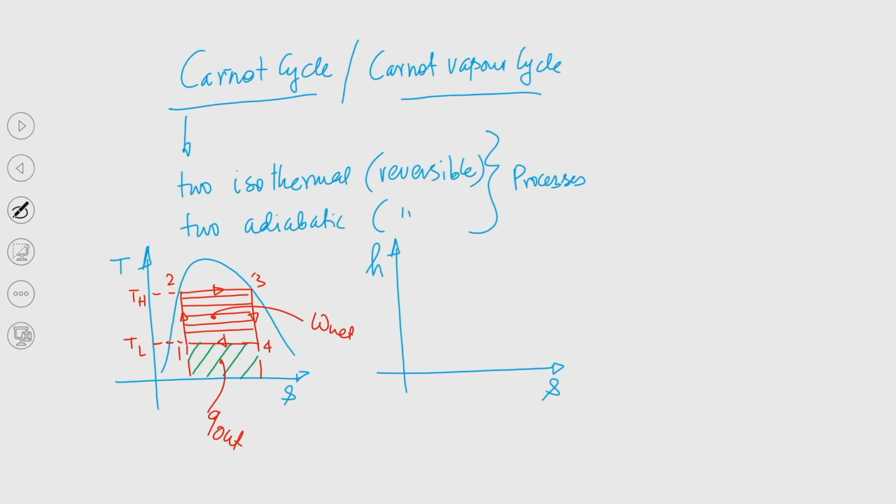Okay. So, now what is the HS diagram? So, this is 1, 2, 3, 4. So, you can understand that this is x 4, right. So, this is the HS diagram you can understand. So, this is P 3 is equal to P 2 and this is P 4 is equal to P 1.